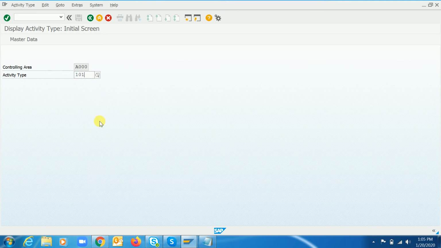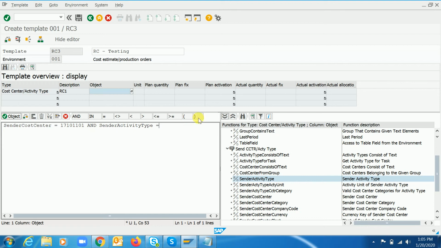Guys, one small piece of information: these cost centers and activity types are just for testing for me. While creating or testing in your system, please create them as per your convenience. And once we enter the activity type here, the second one is for